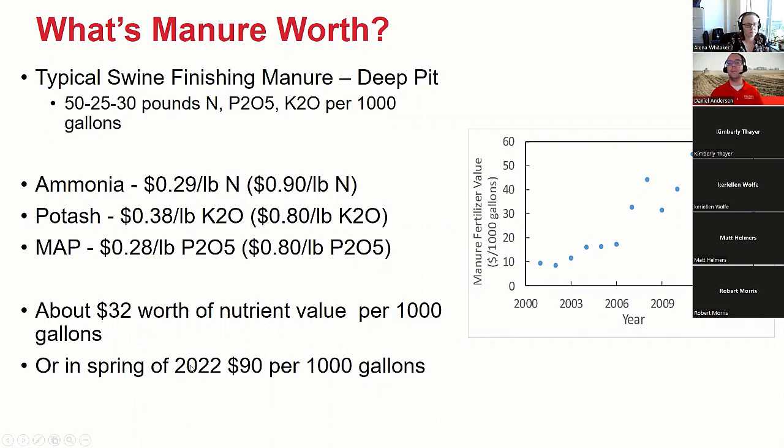But when you look at where we're sitting at this spring and now this fall for that value, it's much closer to $90 of potential nutrient value per 1,000 gallons of manure. And that's a really big swing. Now, with that said, our application prices this fall, given that labor prices are up, given that fuel prices are up and equipment prices with them, probably is going to be a little higher than that 15 to 20, maybe 20 to 25. But that still means there's opportunity for us to capture value by getting that manure a little further away from our facility, trying to take advantage of all those nutrients.